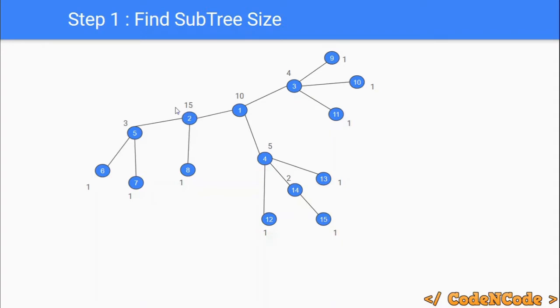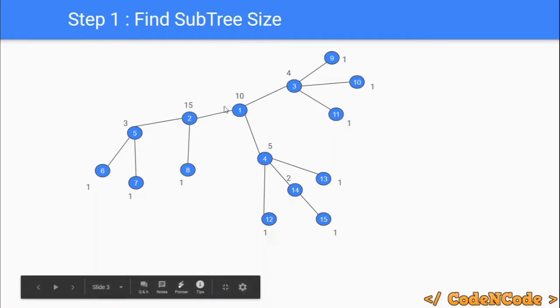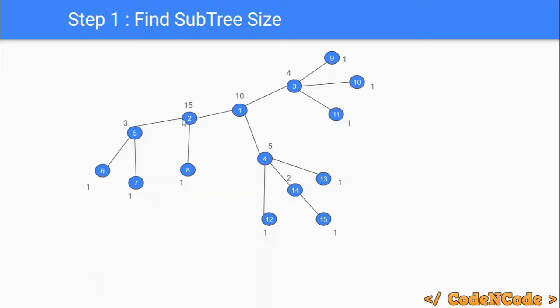Now if 2 was the centroid, then none of its subtrees would have size greater than n by 2, right? So this subtree is not having size greater than n by 2, because n is 15, so of course n by 2 is 7. This subtree is not having size greater than 7, this subtree is not having size greater than 7, but this subtree is having size greater than 7, which is n by 2. So of course if you choose this node as centroid, this would be an invalid selection,